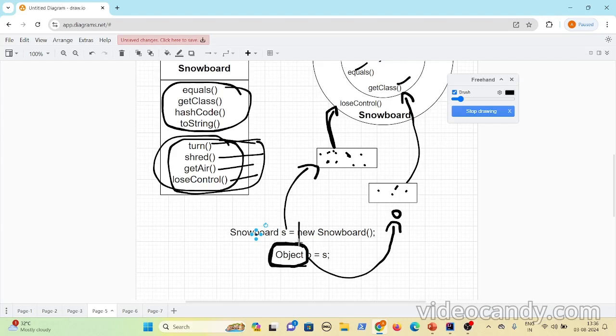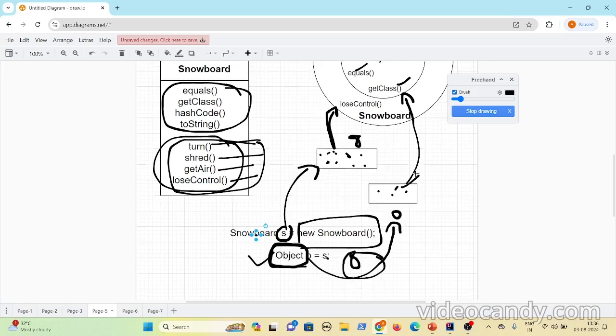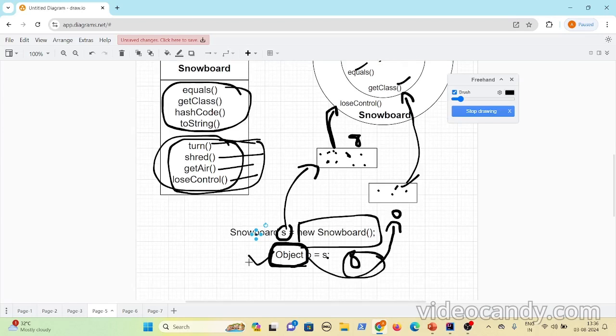Though the object you are assigning, like Snowboard, has 8 methods, the reference variable you are assigning to, Object, has only 4 methods. So though it has 8 methods, you will be able to access only 4 methods, because the compiler will be able to invoke only the buttons that are present on the reference variable's class.